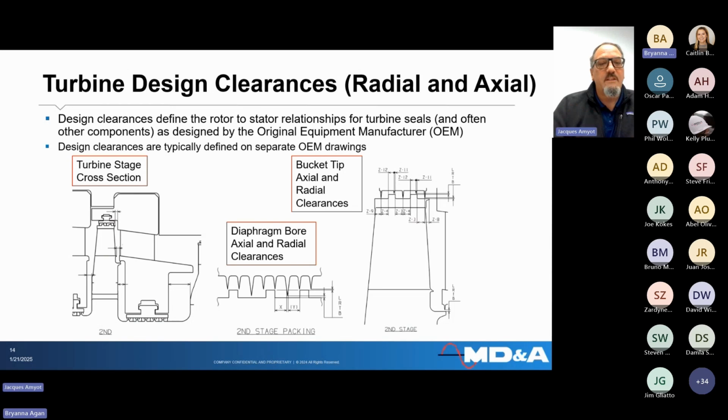So basically, the design clearances, just to discuss the various things that we're talking about in a little more detail. Often a clearance drawing will show a cross section, and it'll have various values for, say, the axial and radial clearances between bucket tip seals and the bucket, and between the diaphragm bore seals and the rotor. So we basically take all those numbers and put them together, and I'll usually post-process them into a nice little visually representative presentation of what the